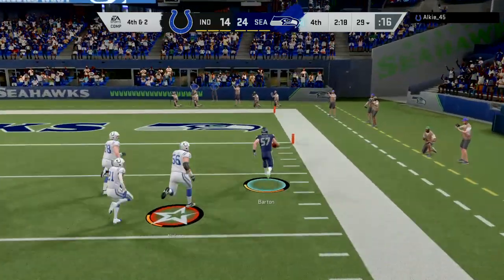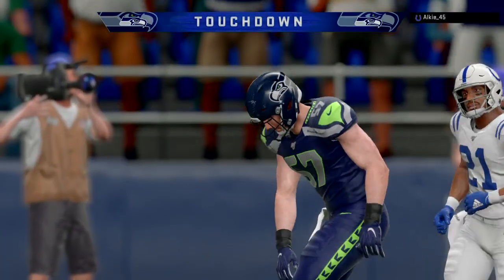Picked off at the 33. There he goes right side. And he's going to score.